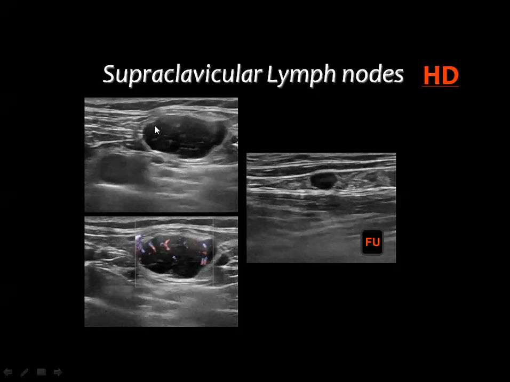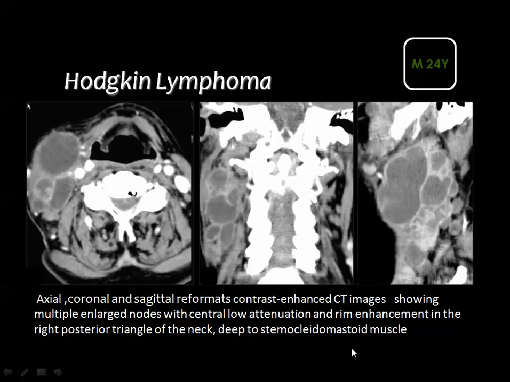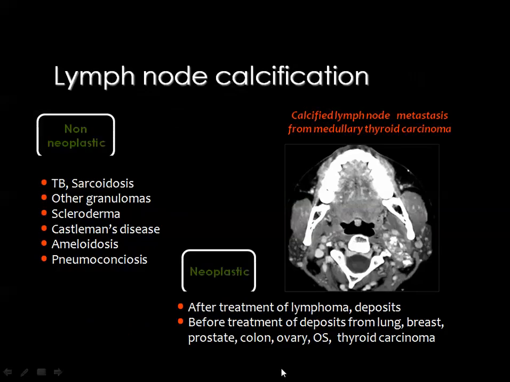The node is bulky, almost homogeneously hypoechoic with some vascularity, and this is the follow-up with regression of the nodal size. This is Hodgkin disease, nodular sclerosing type, with necrotic nodes that are bulky, mainly located on the right side of the neck. And lymph node calcification can be seen in